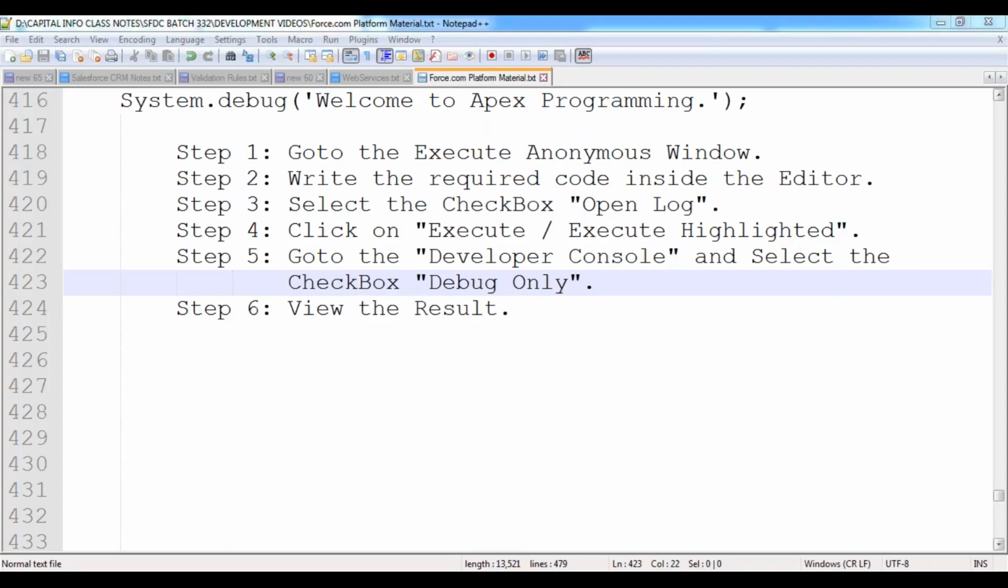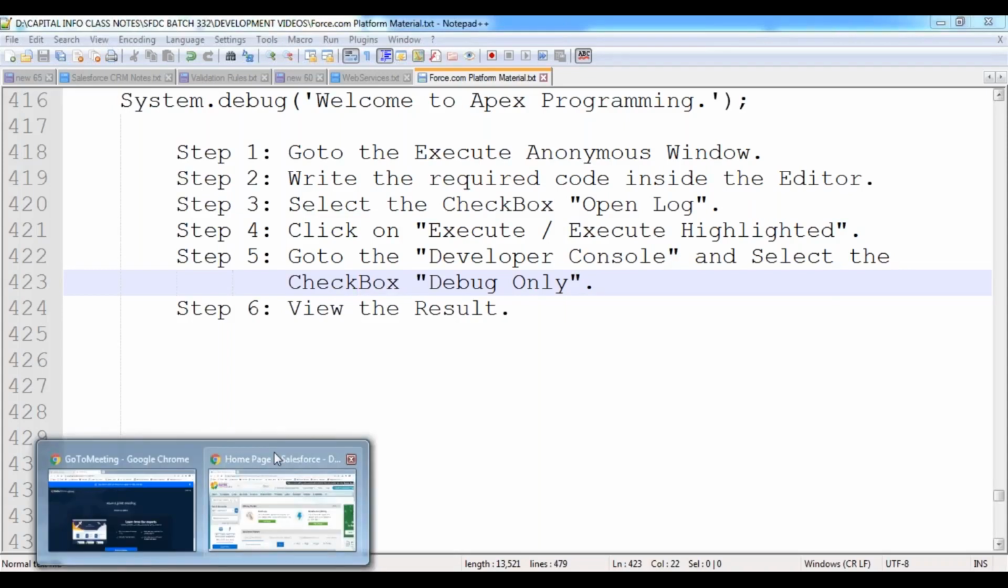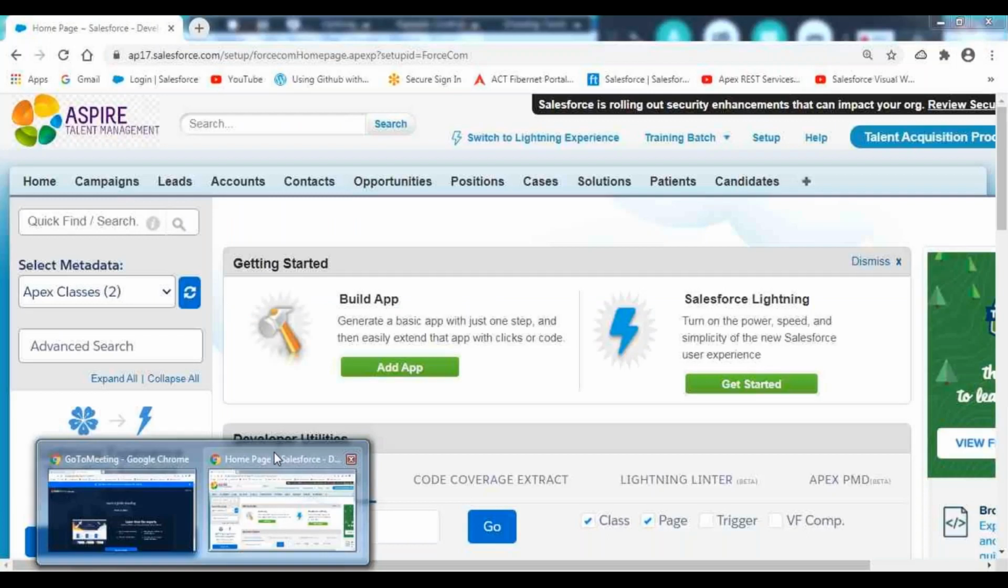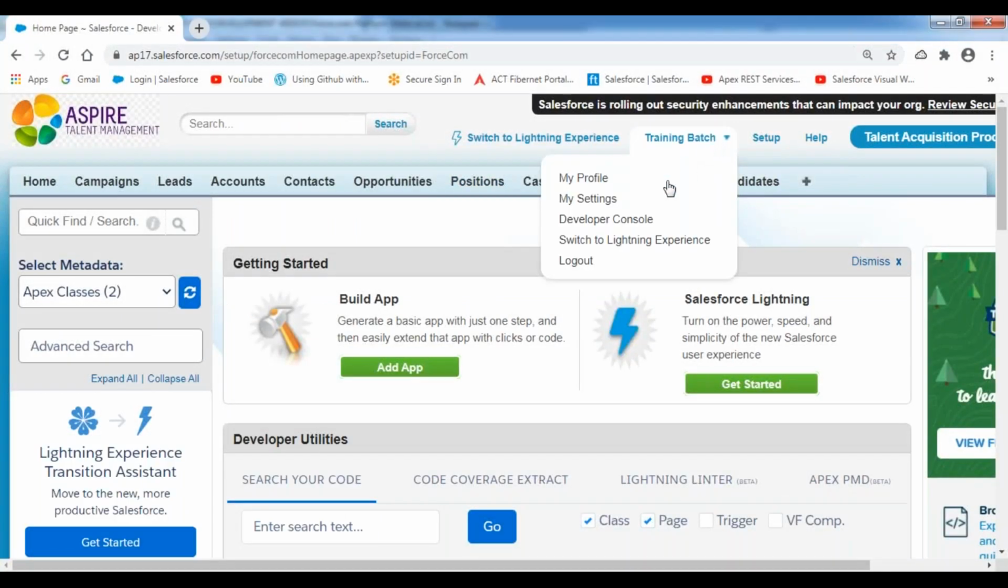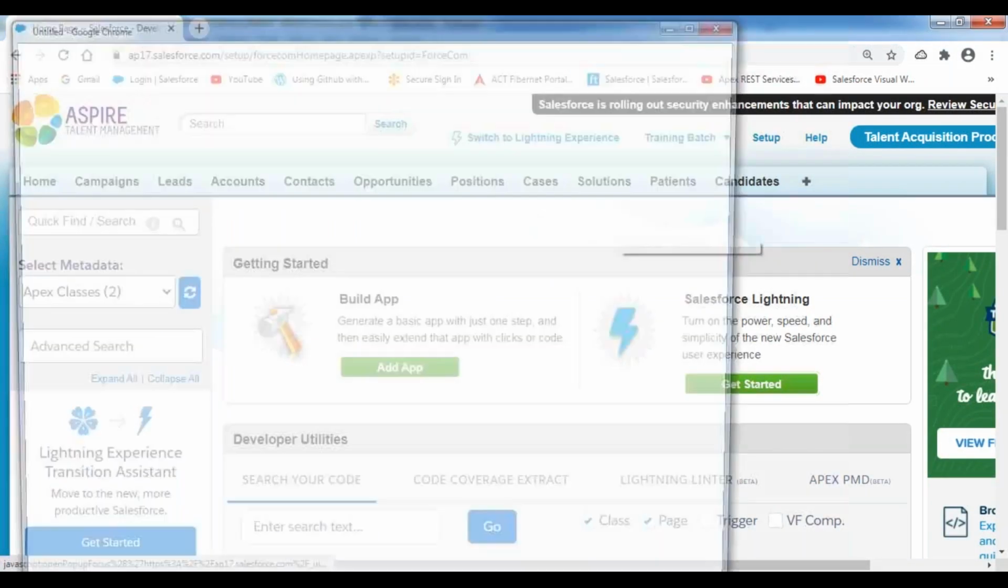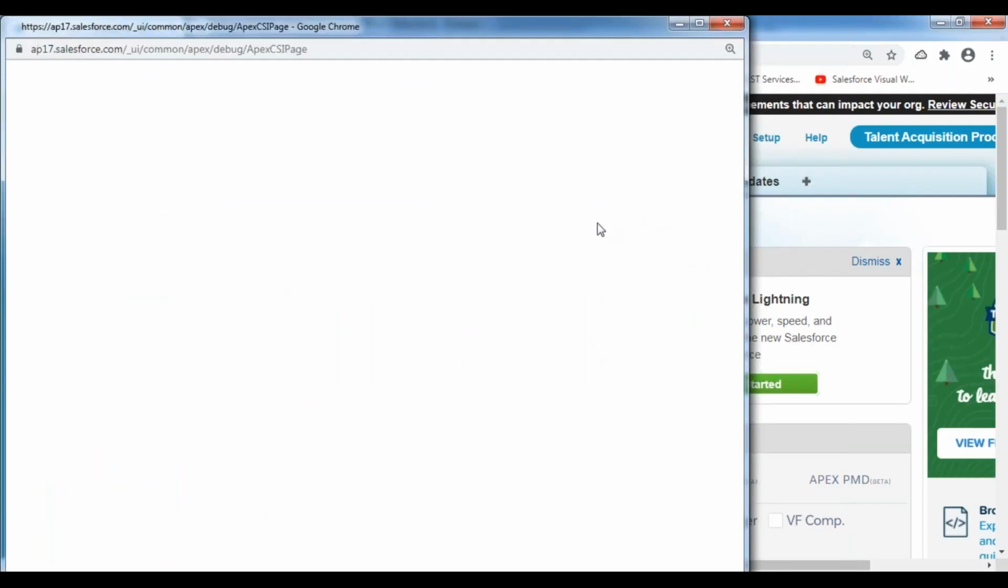So now let's go to your execute anonymous window. Go to your Salesforce instance. Go to the developer console. To open this developer console editor,